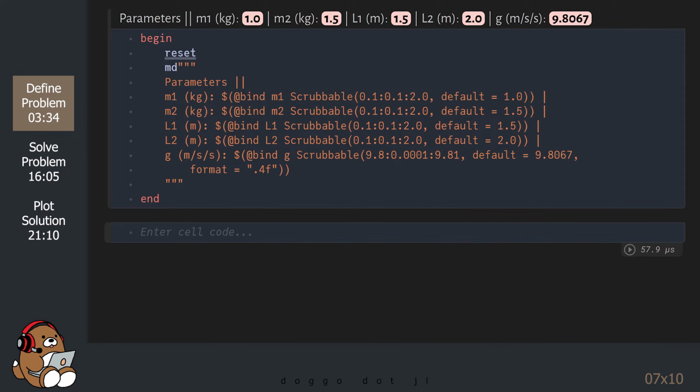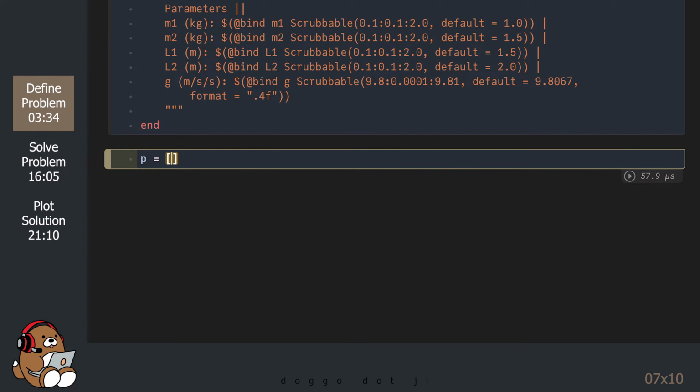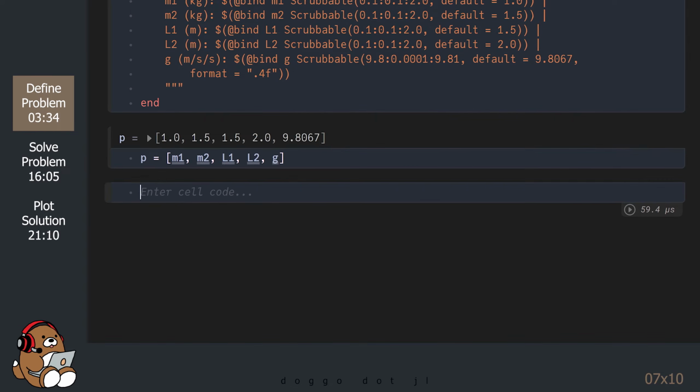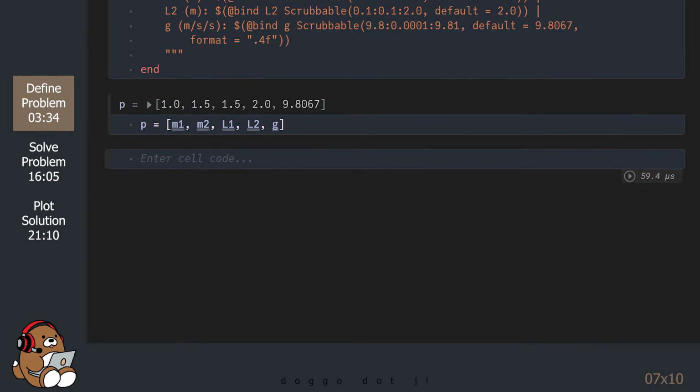Now that we've set up all of the parameters, we need to place the values inside of a vector. By the way, there's nothing special about these default settings. We'll be able to change these values later by using the widgets. Finally, we need to set up the variables for time.